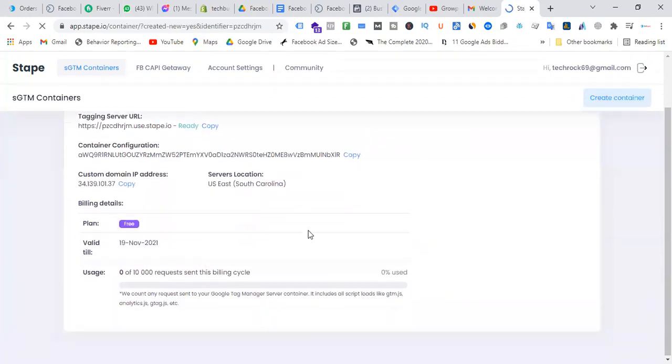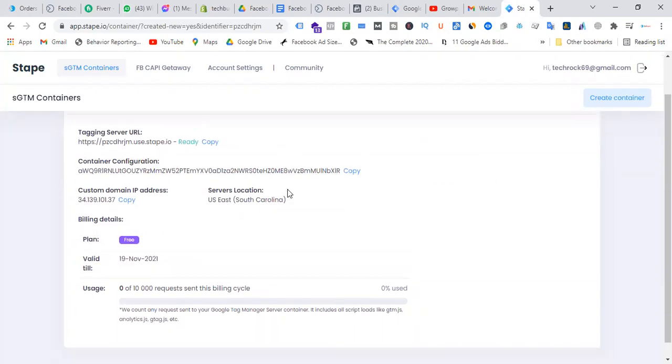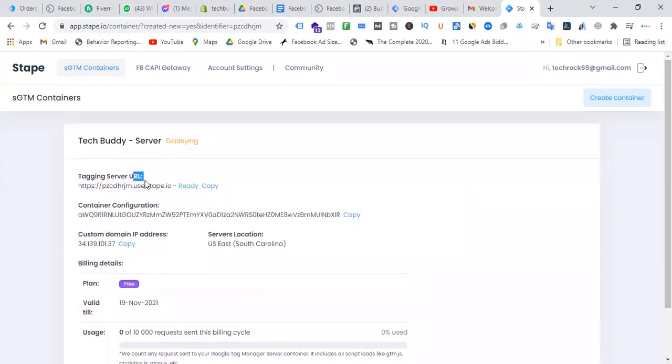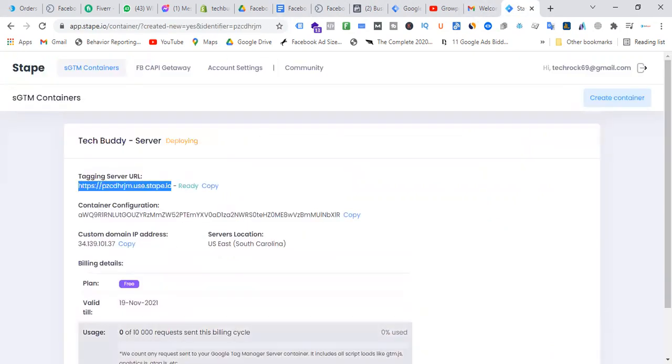So the container is ready, but it's deploying. What do I have to do? This is our tagging server IP, I mean this cloud server IP, where we will pass the server side data. Okay.